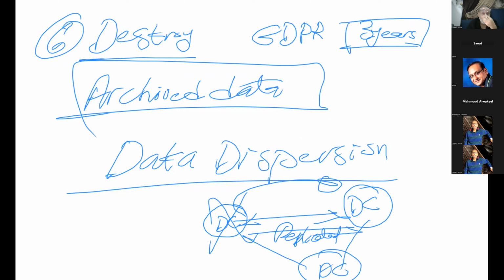The problem here is that when we talk about the data phases, created, stored, and so on, this is something tangible, which I feel. I store the data on this hard disk or here or there. But in the cloud, this is not the scenario, and this will be a real challenge for